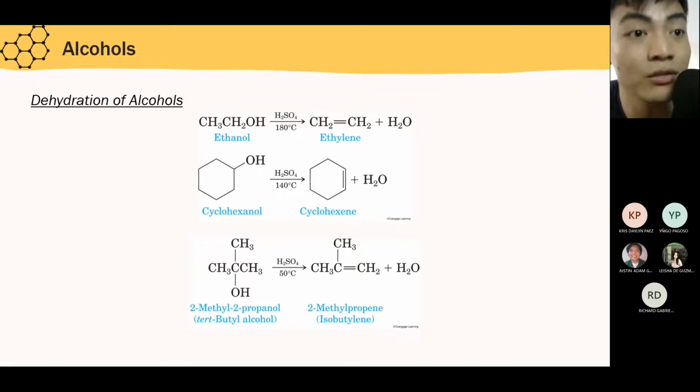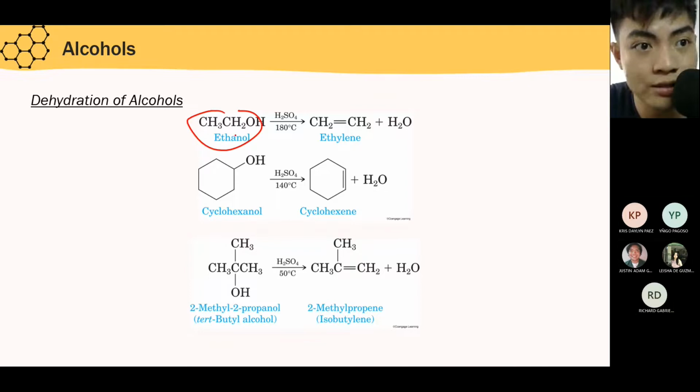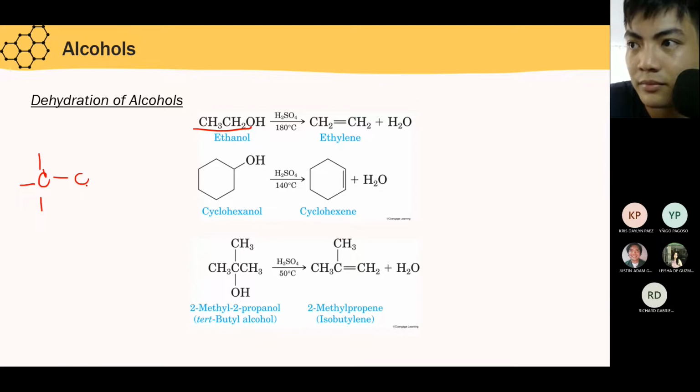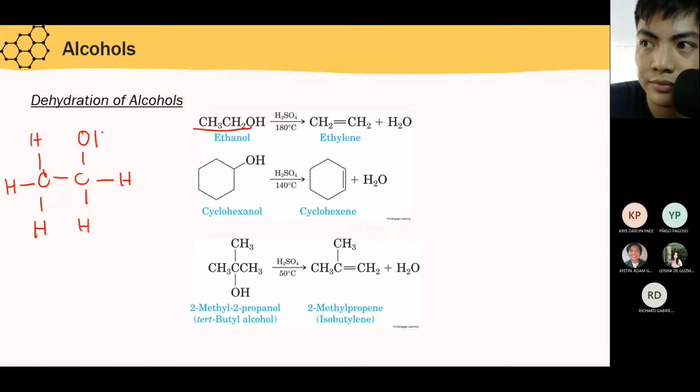Paano, sir, mangyayari yan? Paano ko malalaman yung product na isusulat ko? Ganito lang. Okay? So, ako, I highly suggest i-draw mo yung Lewis structure banda sa OH. Okay? I-draw mo ito. I-Lewis natin yan. Okay, so ito yon, ethanol. Okay? So, CH3, CH2, OH. So, ethanol. Okay? Pag dehydration, ang sabi ko,